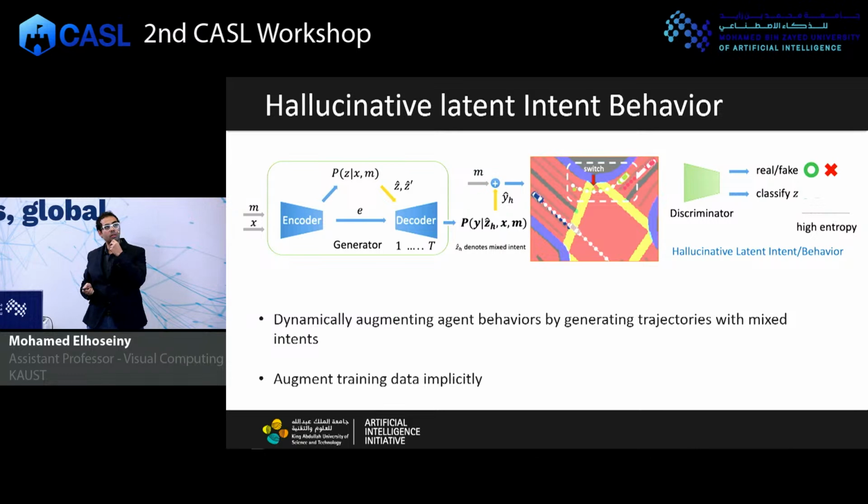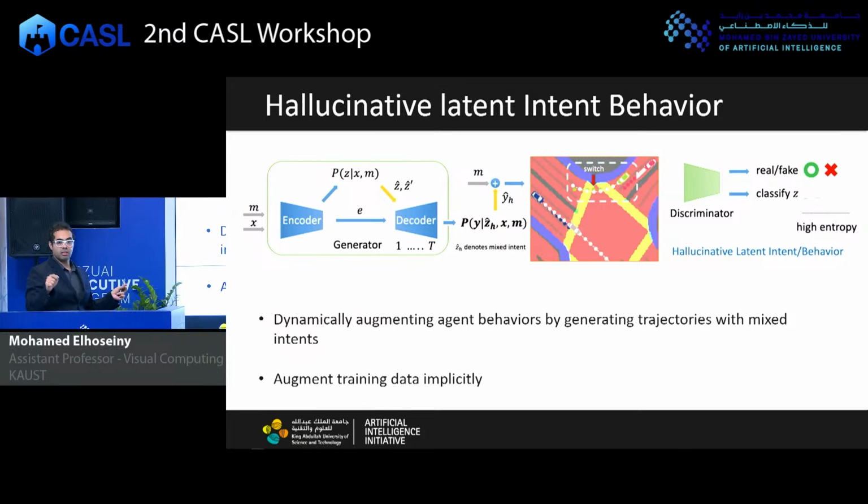So what we propose here is to hallucinate the driving intent, ZH, which is basically a mix-up of two existing latent driving intents. Z is usually a discrete latent variable of 25 different intents. It's a one-hot vector with 25 dimensions. You pick one cell that is 1 and 0 everywhere else. For a hallucinated driving intent, you have to feed that at every time step because it's autoregressive. If you want to predict the future 6 seconds, you fix that driving intent.